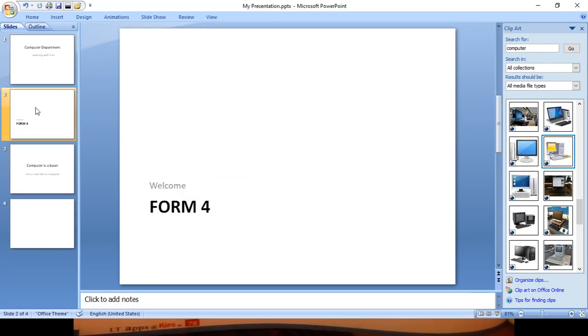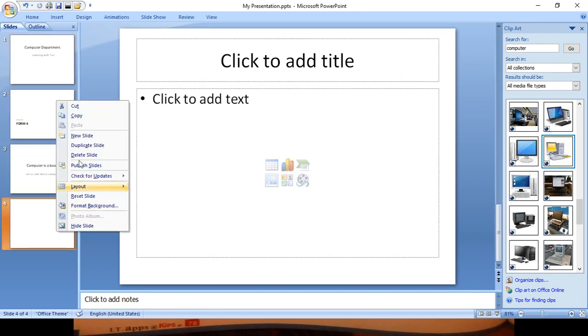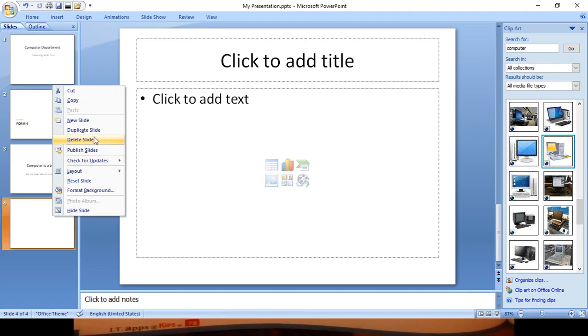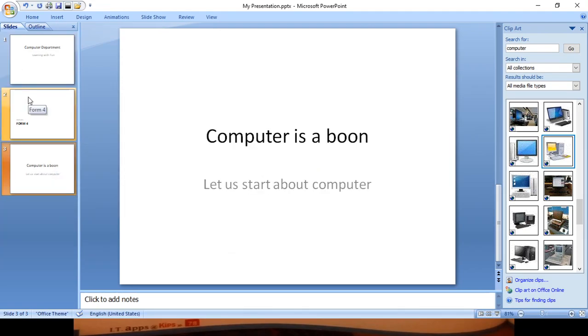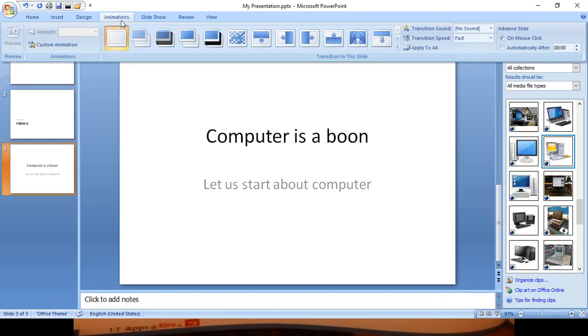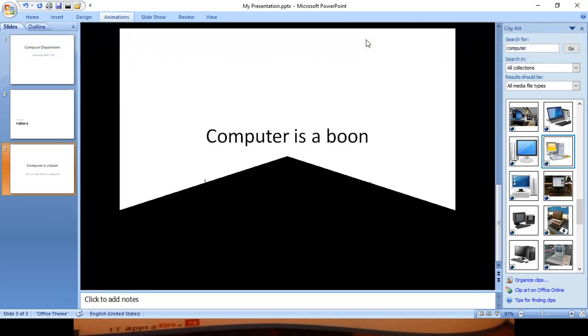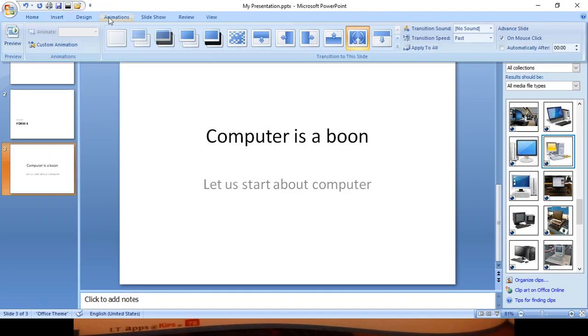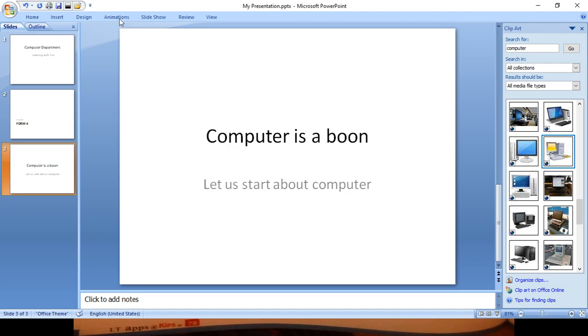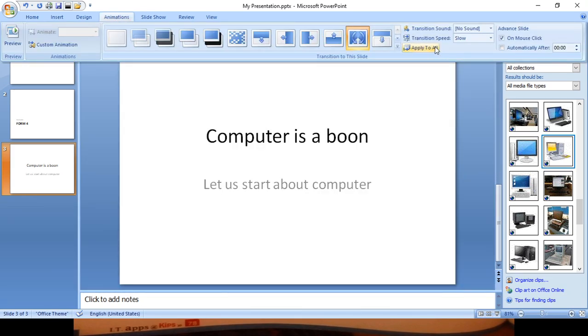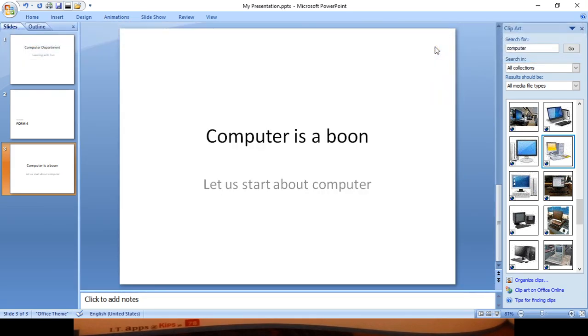Okay, I have added 2-3 slides so that I can delete. See, right click and I can delete it from here also. So only 3 slides are there, right? One more feature, animation, is not given in your textbook. This is the animation given to the whole slide. If you want to do it slowly, and the same animation you want to apply to all the slides, then click Apply to All.